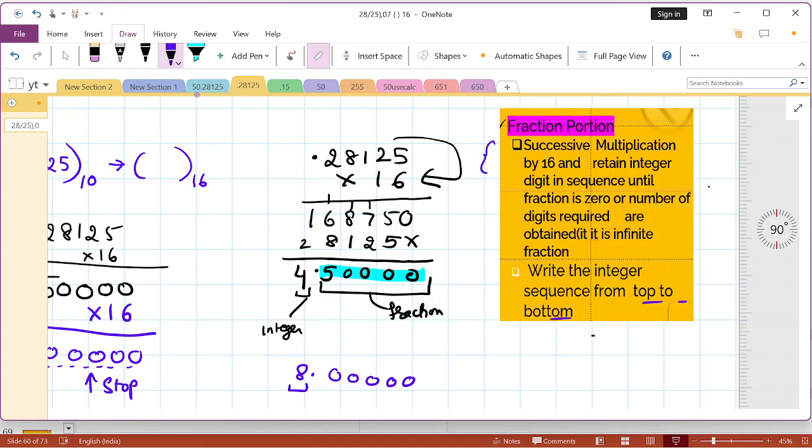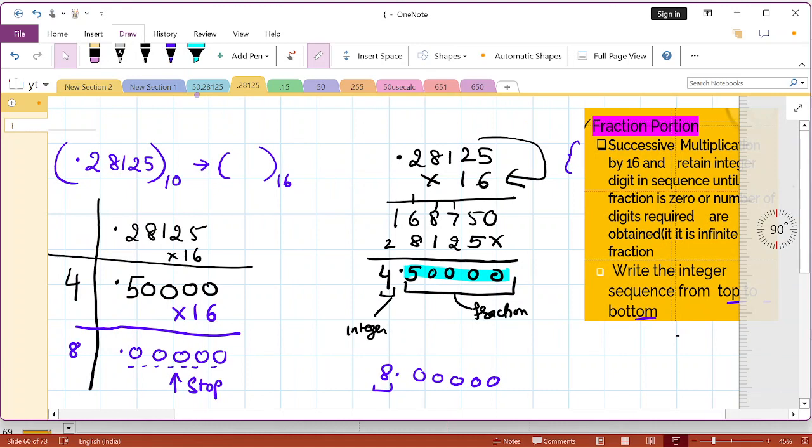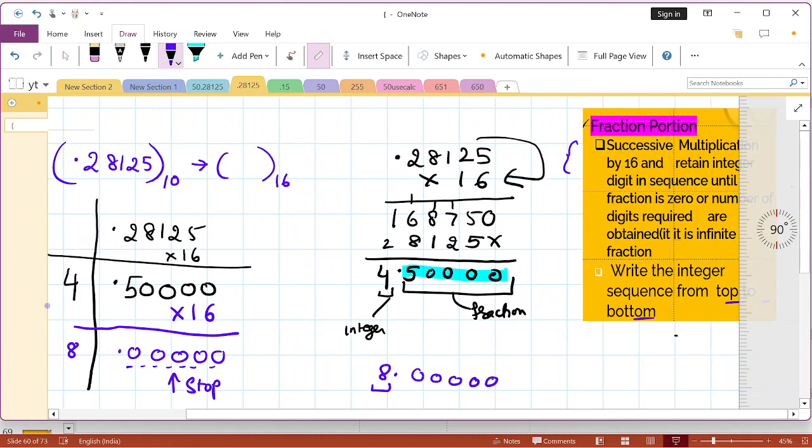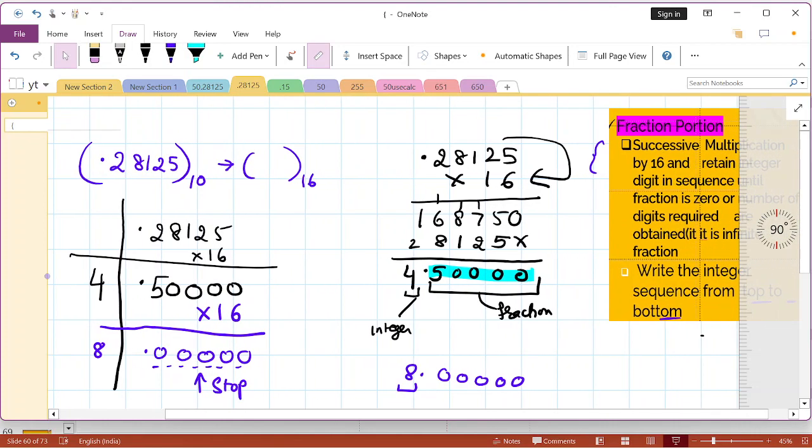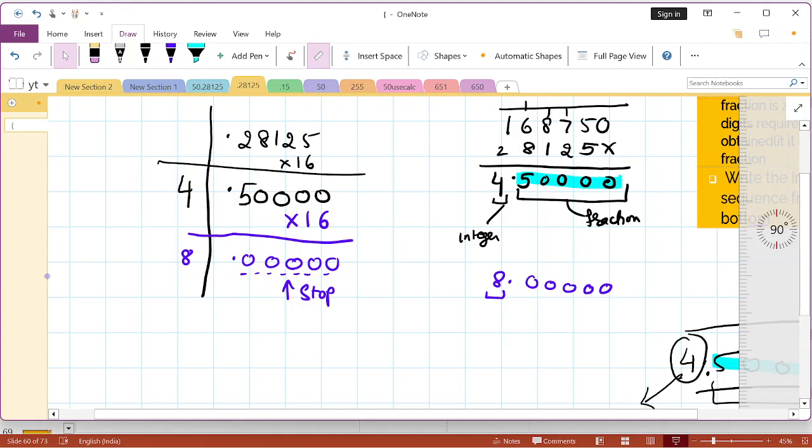First rule, successive multiplication. You have to retain that integer sequence, which will give us our equivalent hexa number, and we are going to multiply this fraction again and again by 16 till we get all zeros, or in case it is an infinite fraction, then we will stop after some number of places. Now the hexa equivalent of 4 is 4, and the hexa equivalent of 8 is 8. This integer sequence will form our